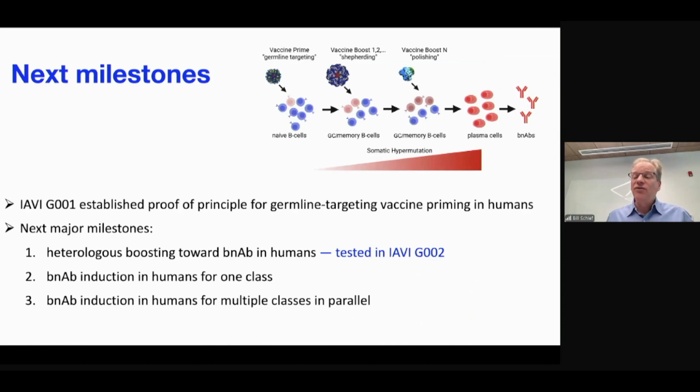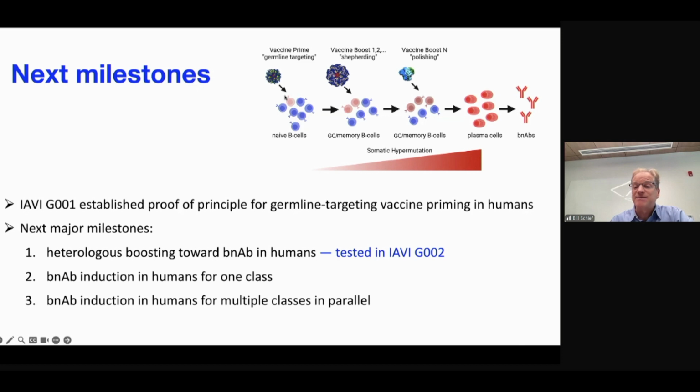So I showed you that for the VRC01 class project, we established proof of principle in humans that one can design immunogen and prime precursors and do it very consistently. So that's not inducing broadly neutralizing antibodies. That's just showing that this very first step is feasible, okay? That's this first arrow bullet. What are the next major milestones for us that are trying to make an HIV vaccine? Well, part of this